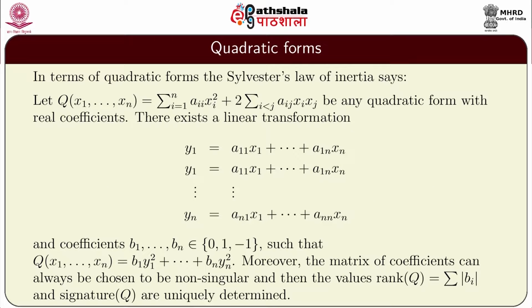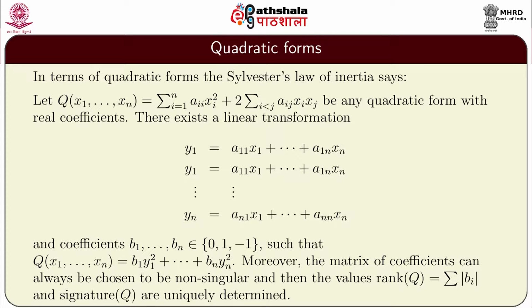We have learnt Sylvester's law of inertia, and we can restate that in terms of quadratic forms, and it says that if q of x1, x2, ..., xn is given by summation i equal to 1 to n, a_ii x_i square plus 2 times the summation over the indices i and j, i less than j, a_ij x_i x_j,